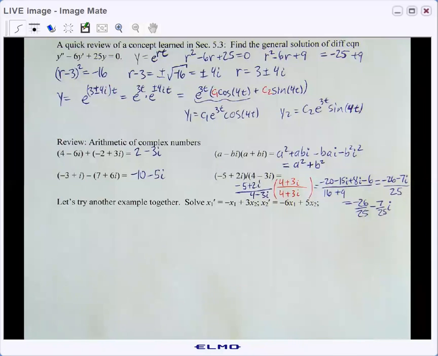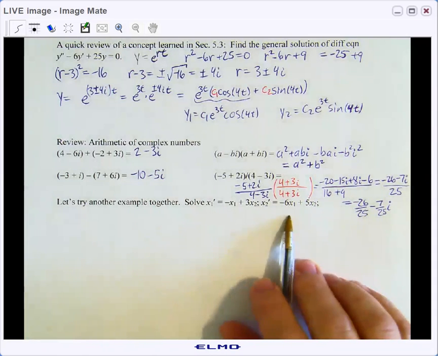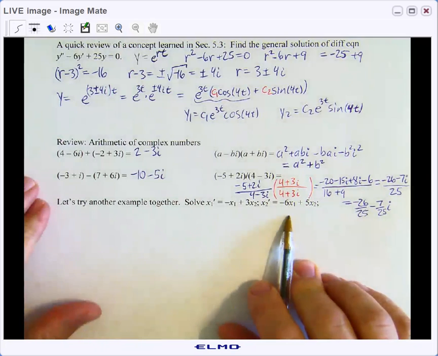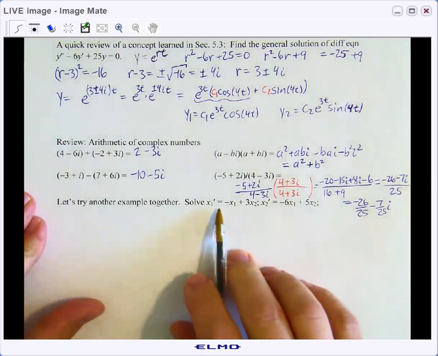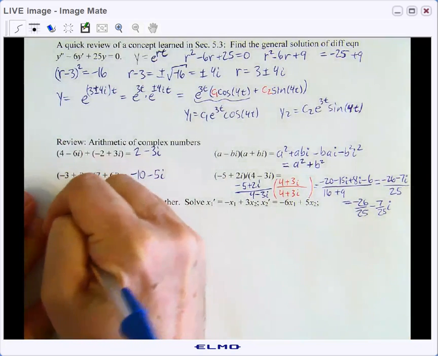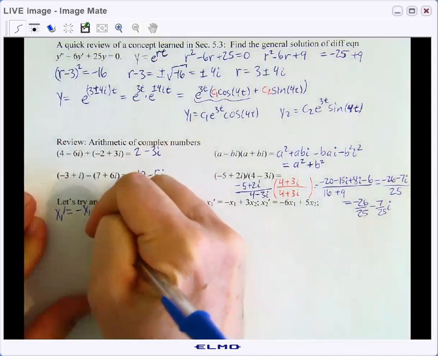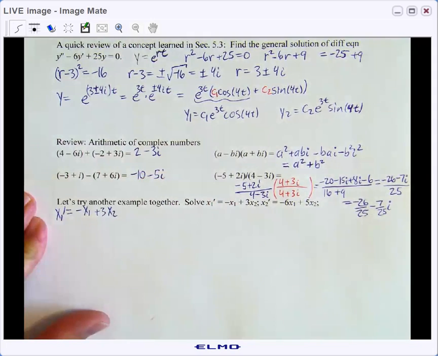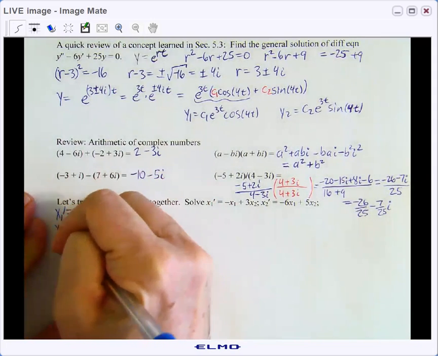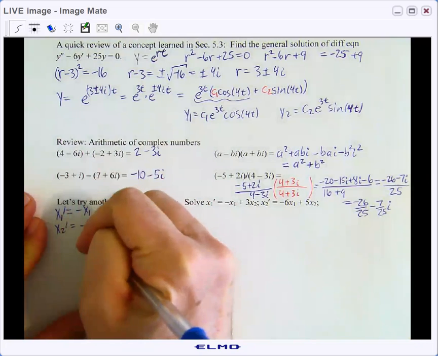And we're back for what I hope to be the exciting conclusion to section 7.3. We're going to do another problem just like we did on the bottom of the previous page, but let's take a look at it. So we've got x1 prime equals negative x1 plus 3x2, and x2 prime equals negative 6x1